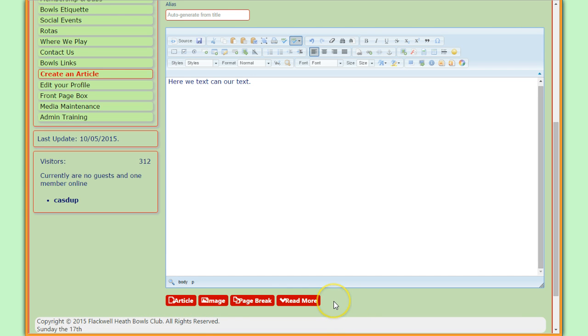I hardly ever use them really. It has to do with linking of articles and images, and creating page breaks, and adding a tag to read more. If you want to just show a small portion of the article and click on the read more button and then see the whole